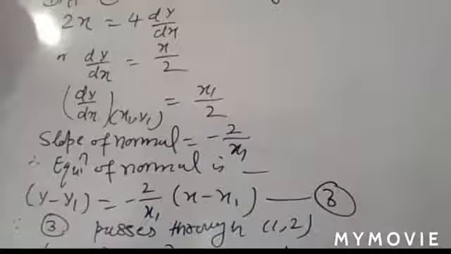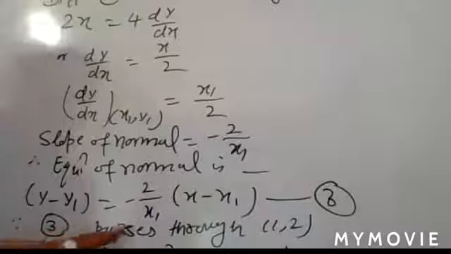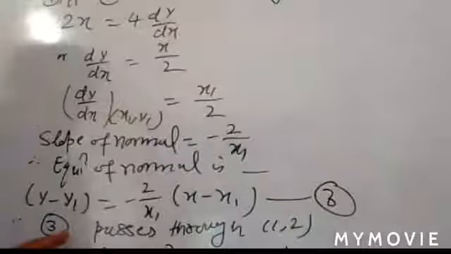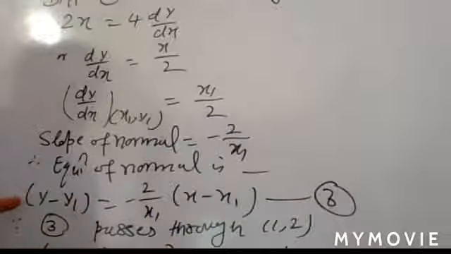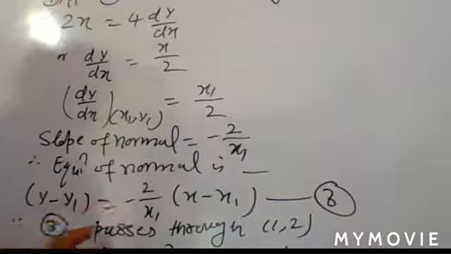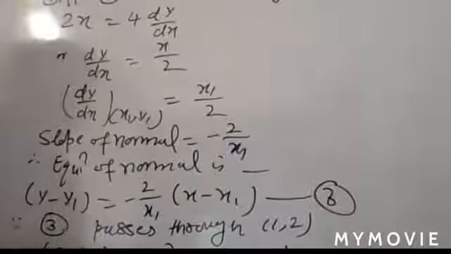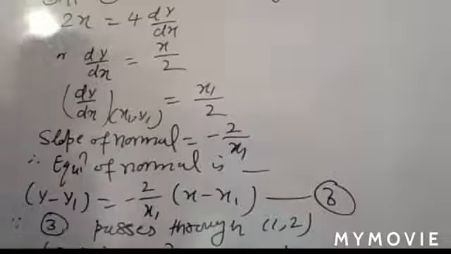सर ये इक्वेशन 3 के बाद वाला बता दीजिए जरा, ये जो थर्ड passes through 1 2 जो है। Okay, so here it is given in your question, and just see your figure. Here it is given normal is passing through 1 2, और थर्ड इक्वेशन क्या है, ये नॉर्मल का इक्वेशन है, तो इसमें हमने x के जगह पे 1 और y के जगह पे 2 पुट कर लिया, तो ये इक्वेशन आ गया, ठीक है। और फिर इसमें हमने x का मल्टीप्लाई कर दिया लेफ्ट साइड और -2 का मल्टीप्लाई किया राइट साइड।